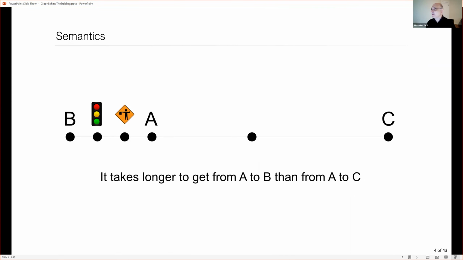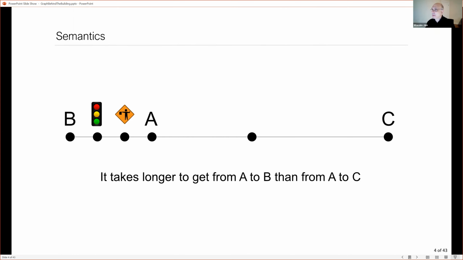So here is one piece of information that I put in there. I said that the first dot is a construction site, and therefore there is a stoppage in traffic. And the next dot is a red light that takes forever to turn green. So all of a sudden, I'm talking about roads, right? I'm talking about vehicular roads.